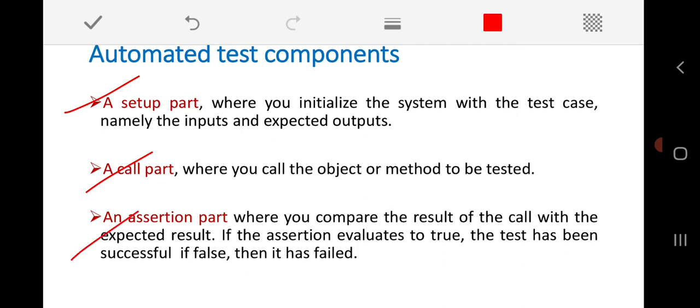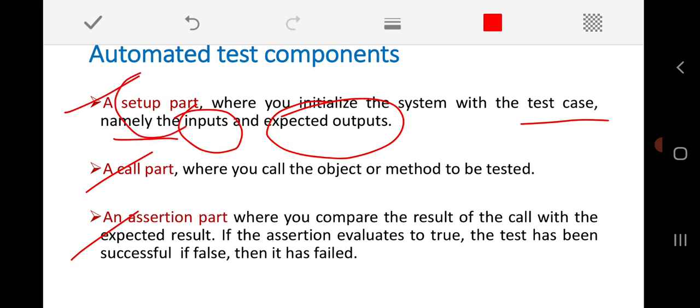The setup part is where we initialize the system with a test case, namely its inputs and expected output. As the name indicates, we set up the inputs we need to give for this test case and what the expected output is. That is the setup part.